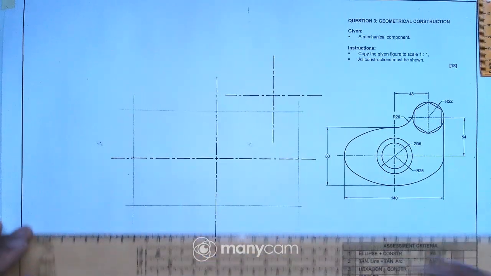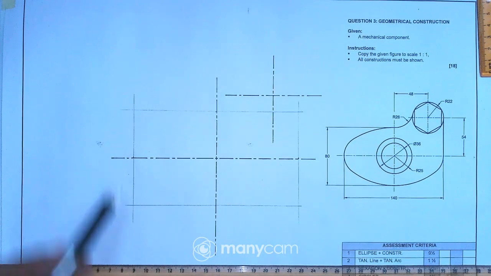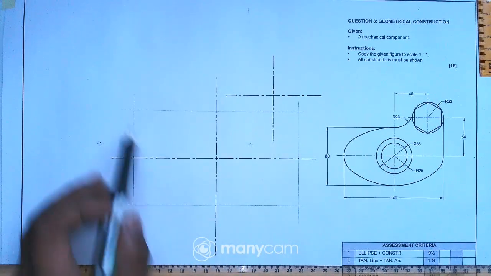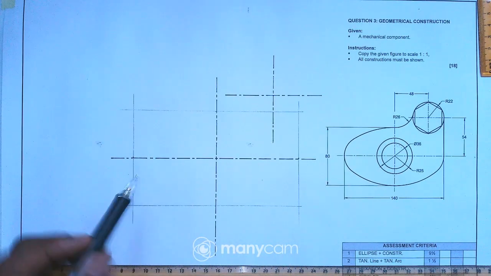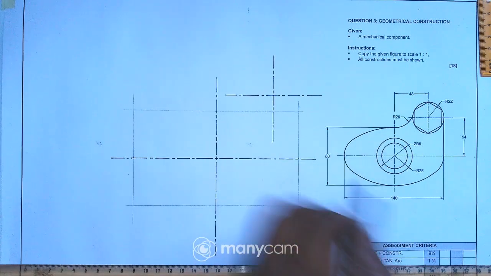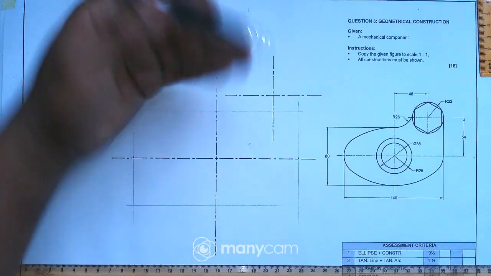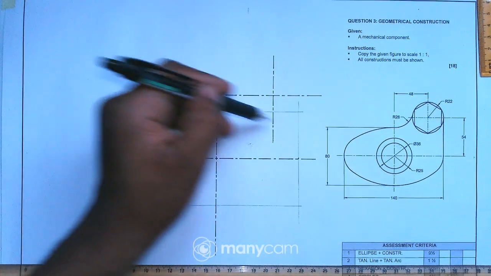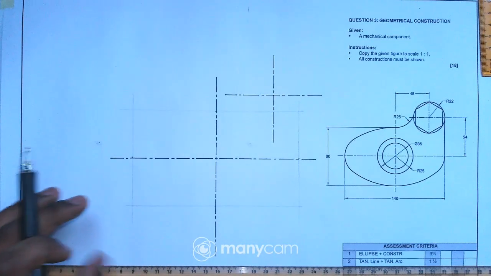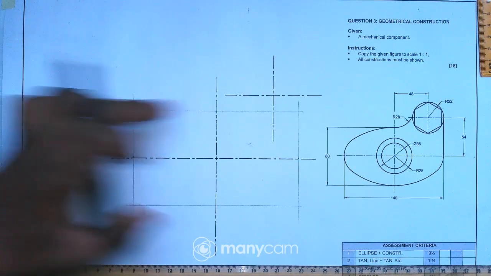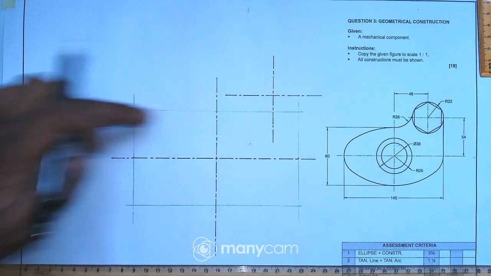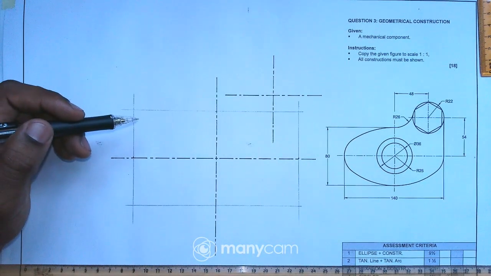Okay, so now I have the rectangle. So why am I drawing this rectangle? I want to see that the ellipse cannot overlap outside this rectangle. The ellipse must be within this rectangle here. Okay, so now the next step from here, after drawing this rectangle in light construction, we have to label some